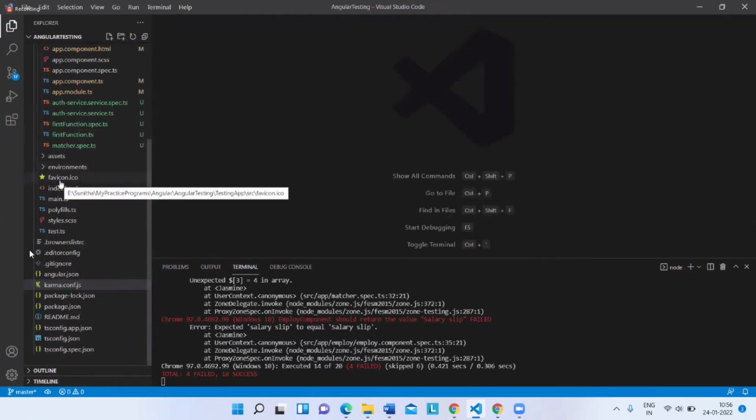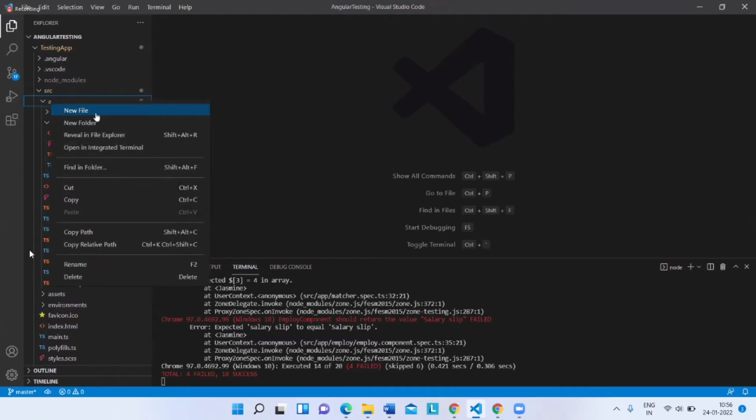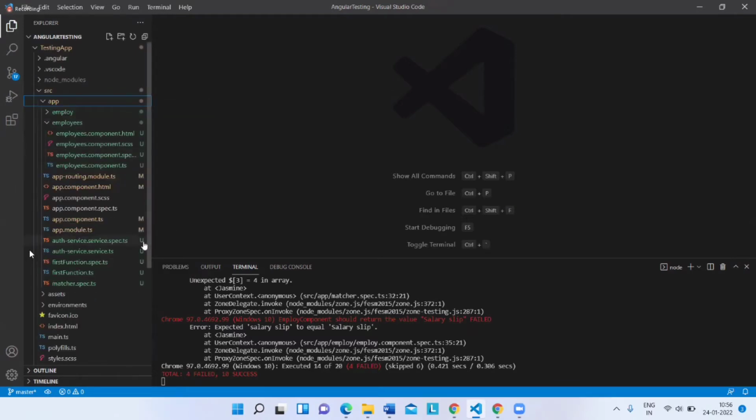First, let us create one spec file. You can right click, click on new file and give the name of the file. I have taken it as first function.ts. So one is a class file I have written. Then I have created one more. This is a simple thing to make you understand how to write the test cases. Later on, we'll see with the component part of it. So I created one function file, first function.ts, and then one more file,